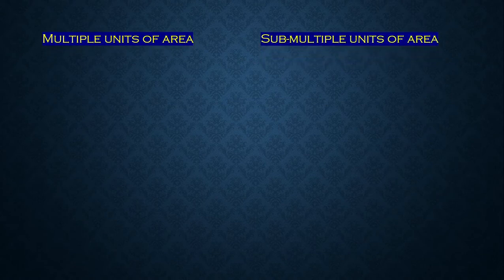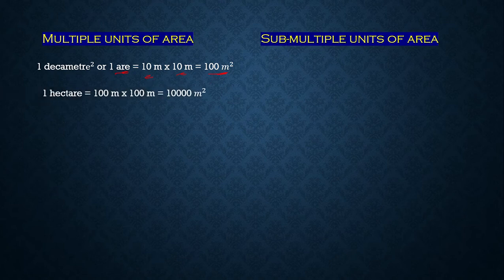Multiples and submultiples. So, the SI unit is meters. Multiples would be more than meters. So 10 meters into 10 meters is 100 meter square, that is 1 are. Similarly, 100 meters into 100 meters would be 1 hectare, that is 10,000